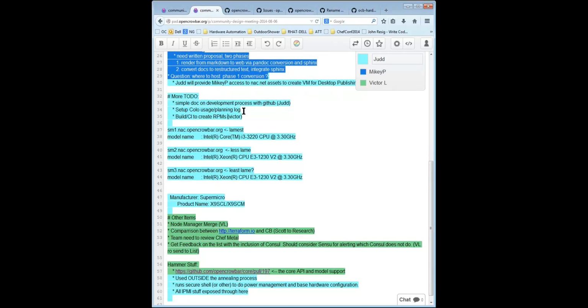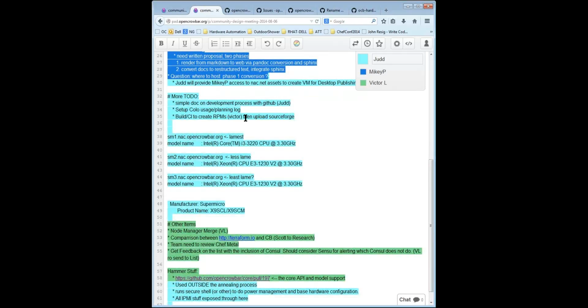To these new boxes, use them as build or CI boxes to create RPMs, and then upload to SourceForge. Well, or wherever. Or just host here.